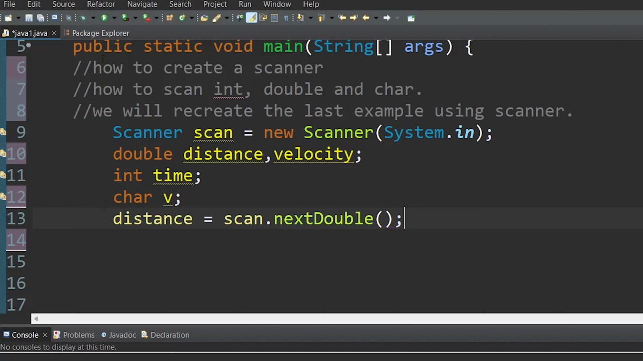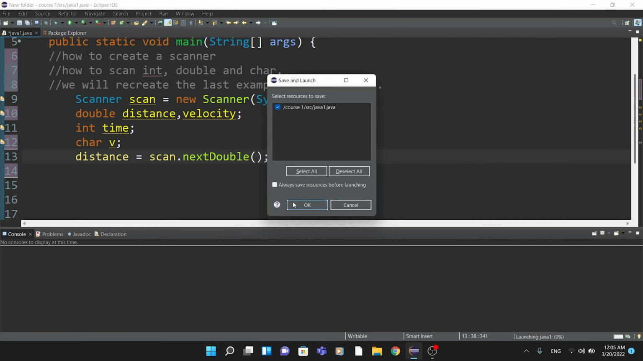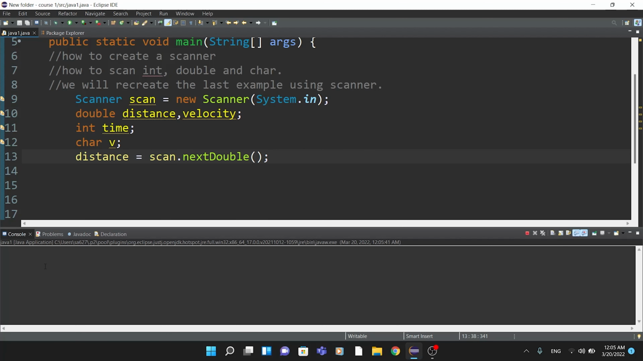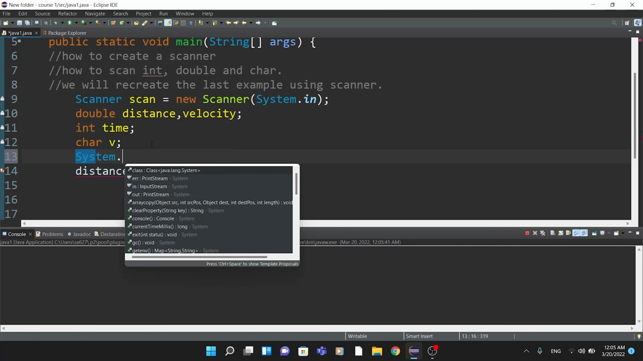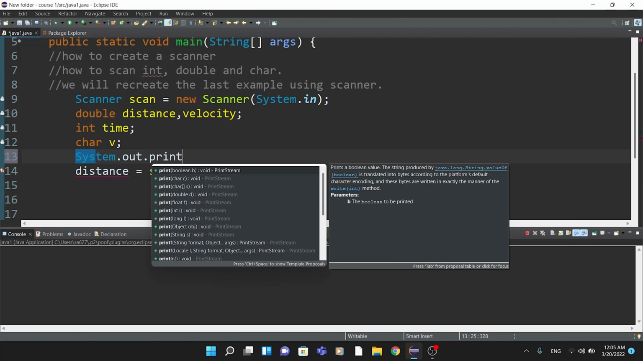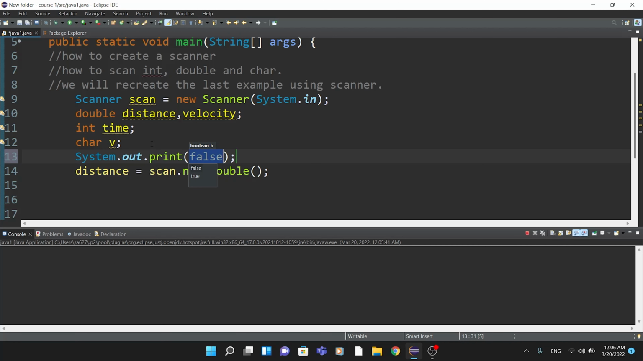Now if we run this really fast, you can see that nothing will show up in the console. That's because we haven't told the user to enter the value. So we will tell him to do that by writing System.out.print, and we write here Enter the distance, just like that, and maybe add